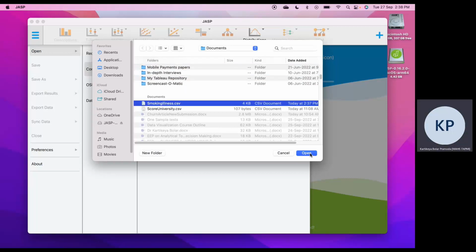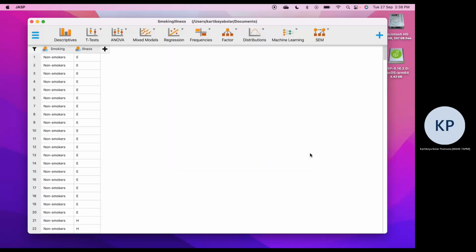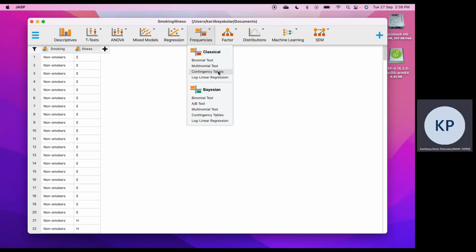We open the file. So now you can see that there are two categorical variables which have come up. So chi-square test of independence we carry out on two categorical variables. Now you saw that it was a contingency table. So we should be using under frequencies a contingency table